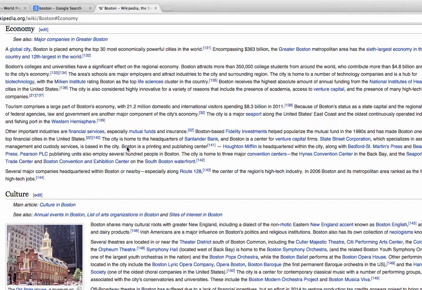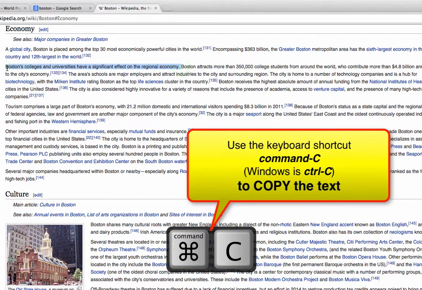And the idea in the economy section is that we don't want to copy the whole thing, but let's pick one or two sentences that seem to describe what the biggest part of their economy is. So if we just read quickly here, global city, Boston is placed among the top 30 most economically powerful cities in the world. Blah, blah, blah. Okay, doesn't tell us what though. Colleges and universities have a significant effect on the regional economy. All right, so maybe just this first sentence. We don't have to have too many details, but we'll take this first sentence